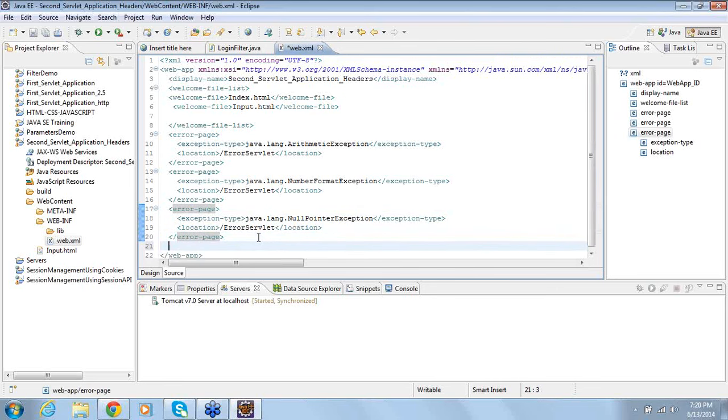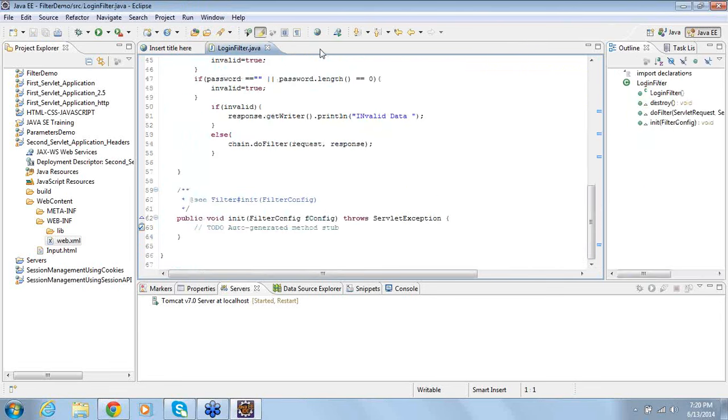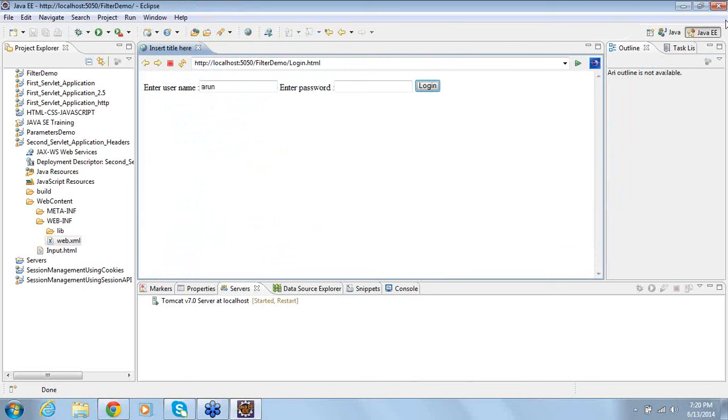Instead of this you can write one particular one, saying, hey, if any exception occurs, why don't you direct it to this error servlet? But what is a filter? You are just validating the data. Exception is not about validating the data, right? So with the help of filters, what you can do is a lot of work,